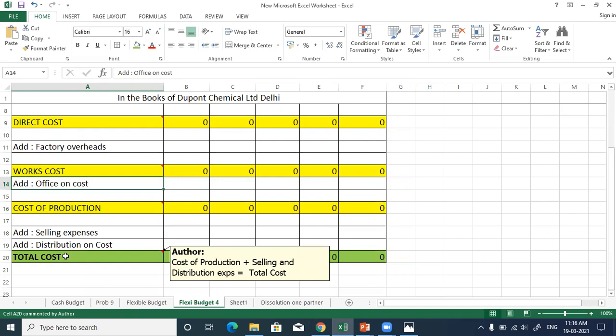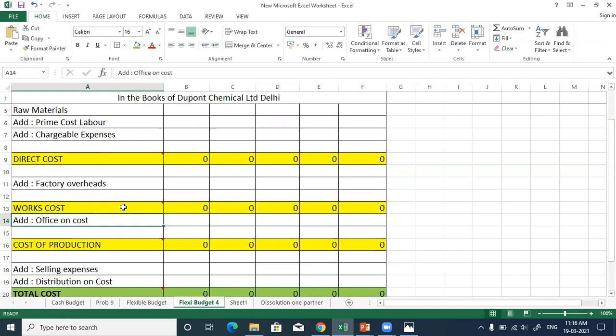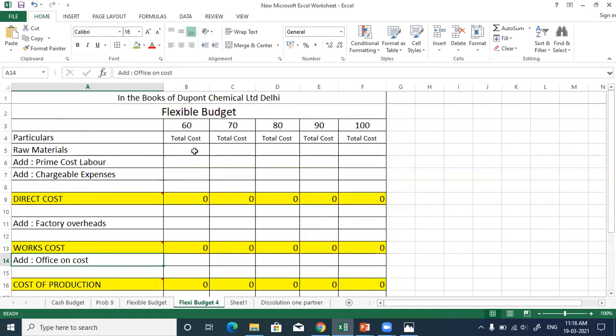Cost of production plus selling and distribution expenses equals to total cost. Yes, so this is the new formula we have learned today in flexible budget. Direct cost काय आहे, वर्क्स कॉस्ट काय आहे, कॉस्ट ऑफ प्रोडक्शन काय आहे आणि त्याचप्रमाणे टोटल कॉस्ट कशी कॅल्क्युलेट केली जाते. सो लेट्स स्टार्ट सॉल्विंग दिस प्रॉब्लेम. दे हॅव गिवन अस द फिगर्स फॉर 60% and 70%. या ठिकाणी 60% त्यांनी दिलेले आहे 30,000